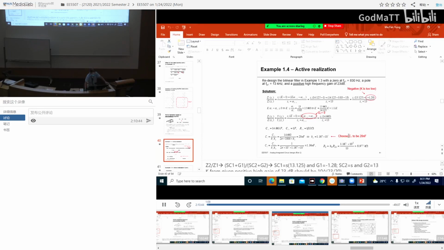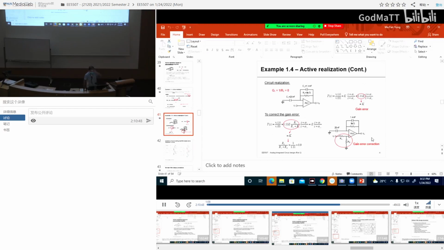And we can choose different values of C. Here, with this kind of circuit, we have this kind of gain, which is not good, so we need to correct for it. How to correct the gain? We apply this kind of